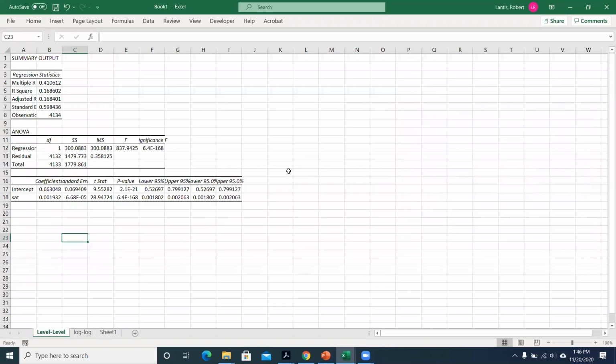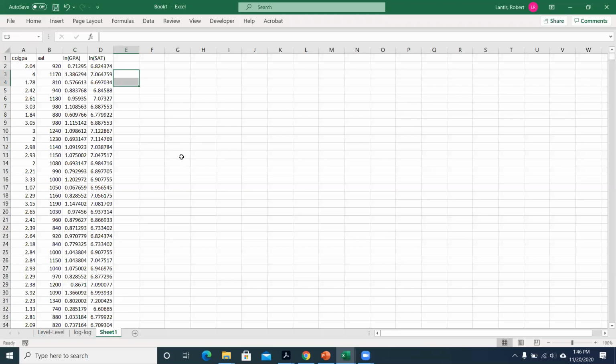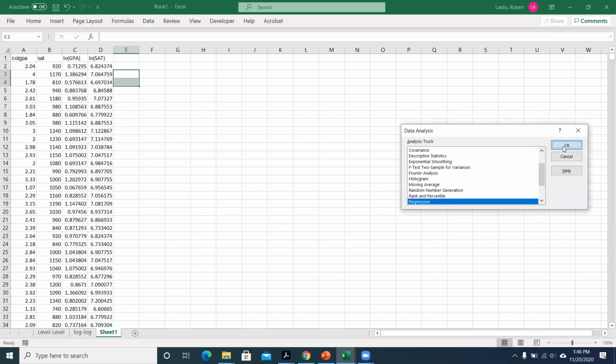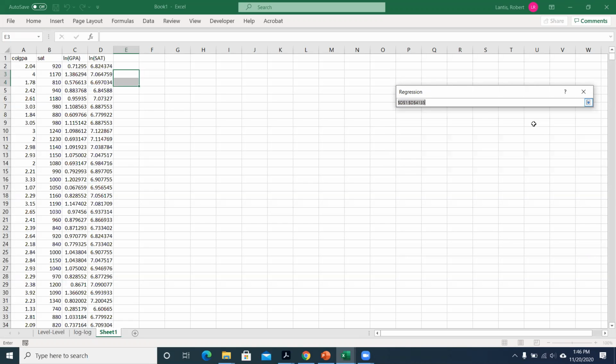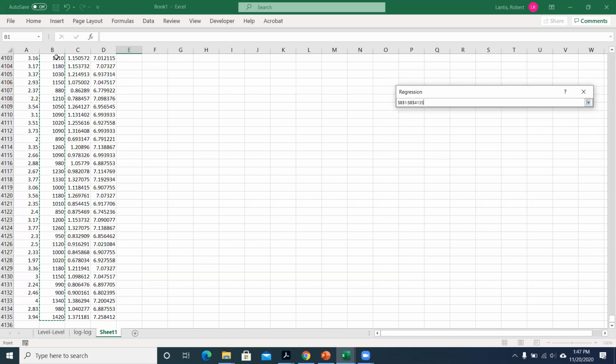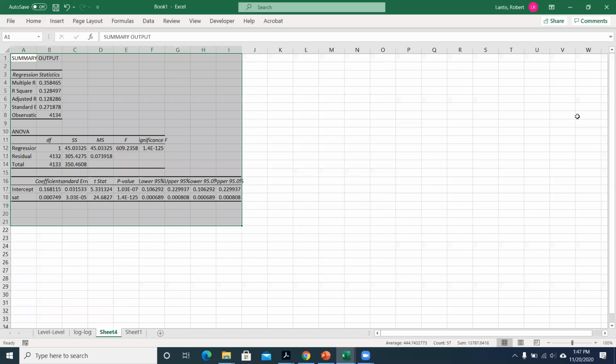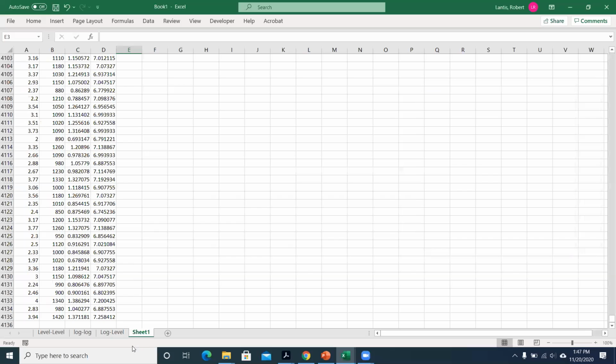All right. So the reason why that happened, I'll show you. You should start out on the data sheet that you're on when you go to this data analysis tool, because that's why I was trying to reference all the sheets and I didn't want to. Okay, so now I've got it. It's selecting the natural log of GPA as my y variable. Now my x variable I'll keep as the level of SAT score. So now everything should be okay. Okay. So there I had a log level. Since my y variable is log and I left my x variable alone, we've got one more that we need to run,